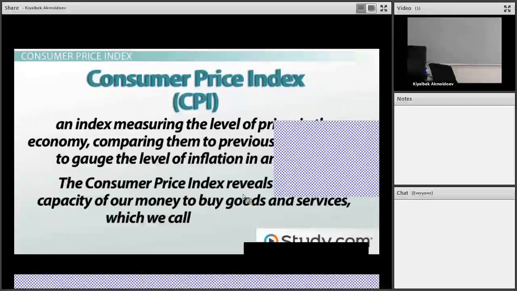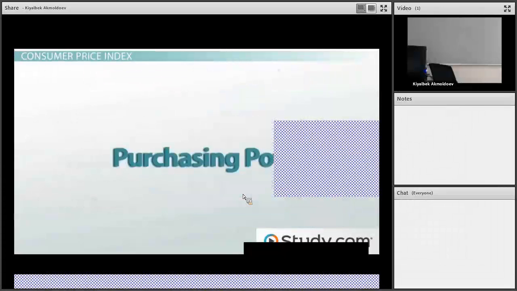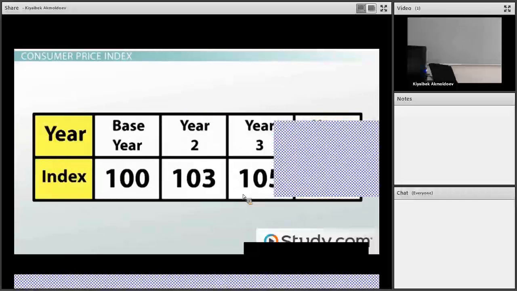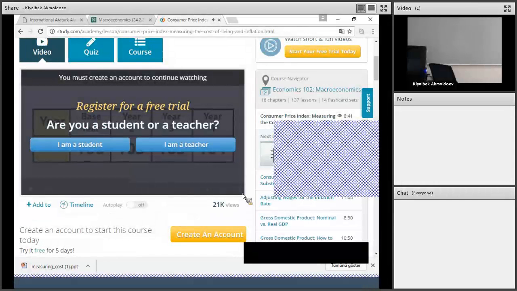The Consumer Price Index reveals to us the capacity of our money to buy goods and services, which we call purchasing power. Purchasing power represents the amount of goods and services that $1 will buy. So when prices go up, that means the purchasing power of money has gone down. So here's an example. An index is a number that starts at 100 in a certain year, which